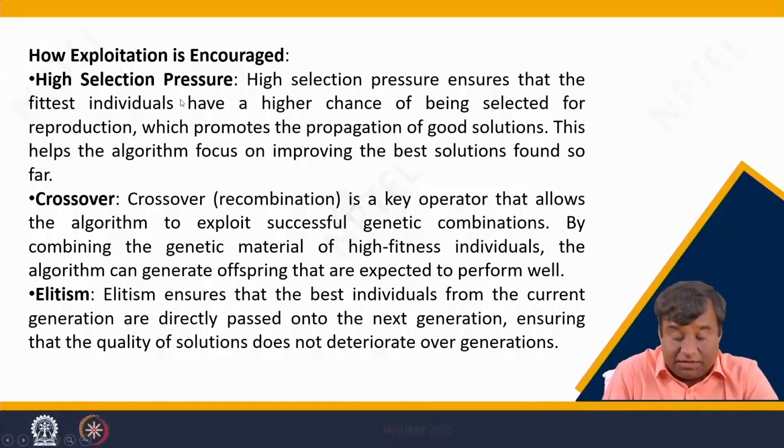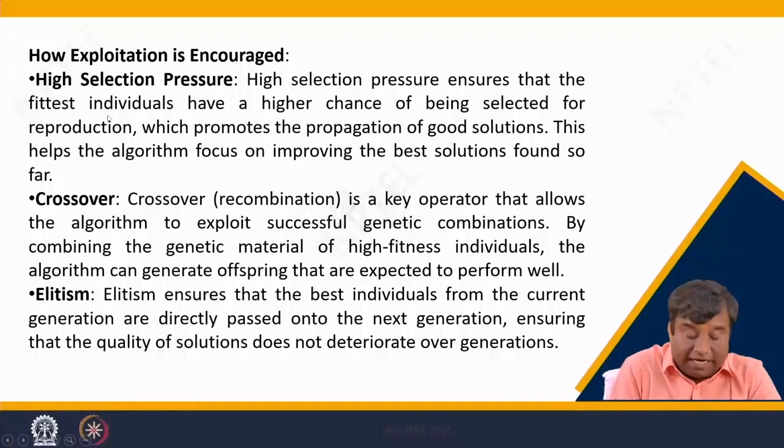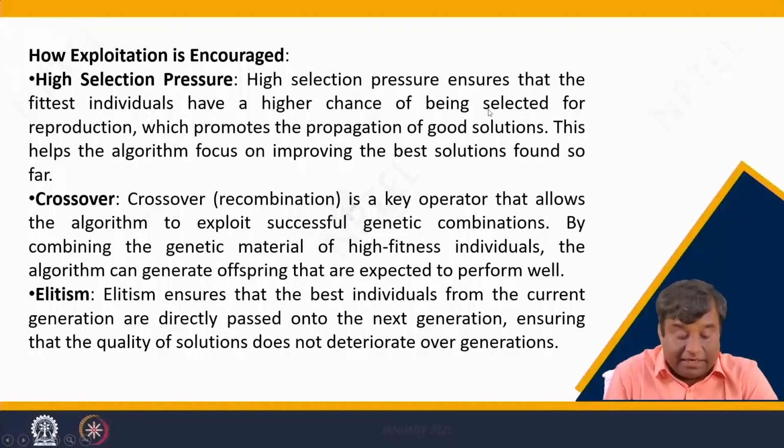First one is high selection pressure. High selection pressure ensures that the fittest individuals have a higher chance of being selected for reproduction, which promotes the propagation of good solutions. This helps the algorithm focus on improving the best solution found so far. Second, recombination is a key operator that allows the algorithm to exploit successful genetic combinations. By combining the genetic material of high fitness individuals, the algorithm can generate offspring that are expected to perform well. Third, elitism. Elitism ensures that the best individuals from the current generation are directly passed on to the next generation, ensuring that the quality of solutions does not deteriorate